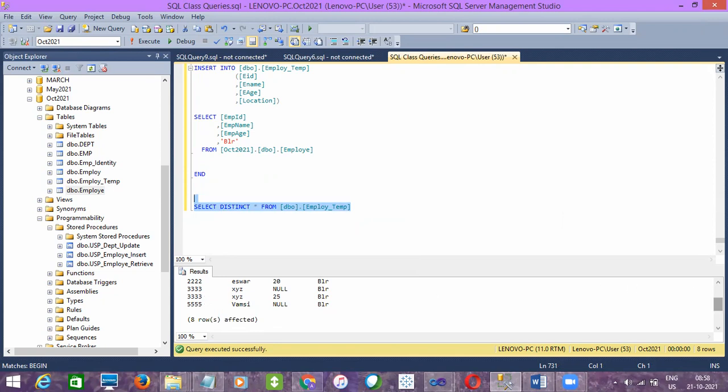So I have this many rows: 1111, 2222, 3333, 5555, right? So now what I need to do is, I don't want data to be retrieved from this table which are not existing on the table again here.